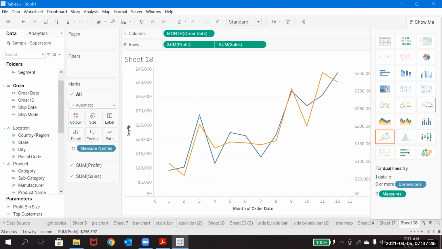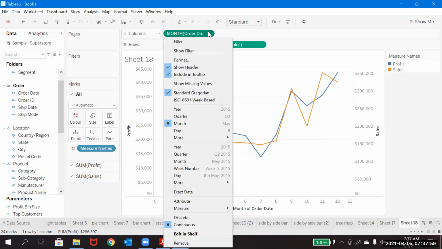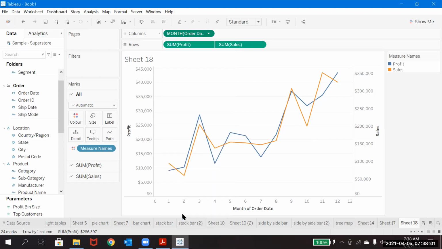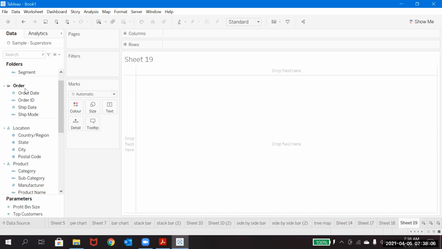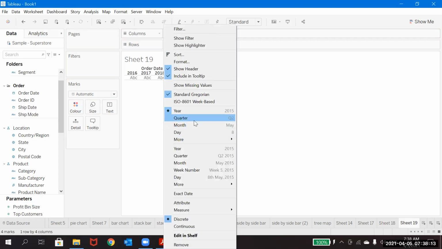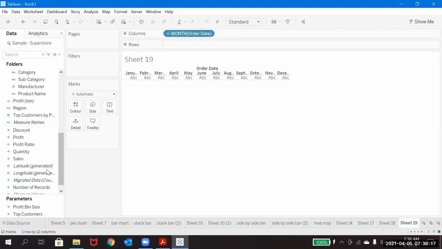So what I'll do is I'll just click on this. It is showing fine. Something happened and it went on all, that is fine. But you have to create this on your own. So how will you do it? Let's see how we will create the monthly trend with respect to dual axis. I'm going to use the month. Now I'll go and take sales and profit.